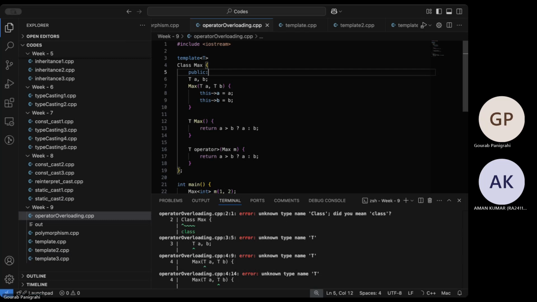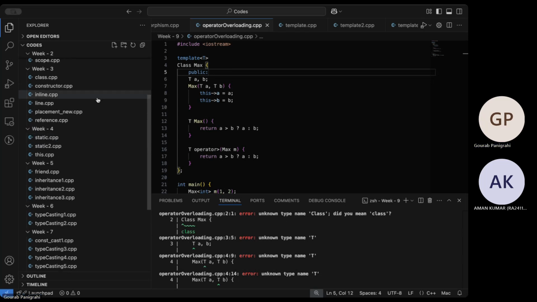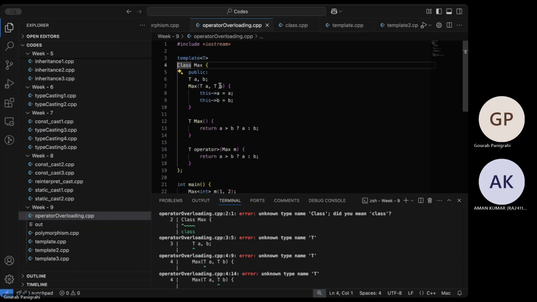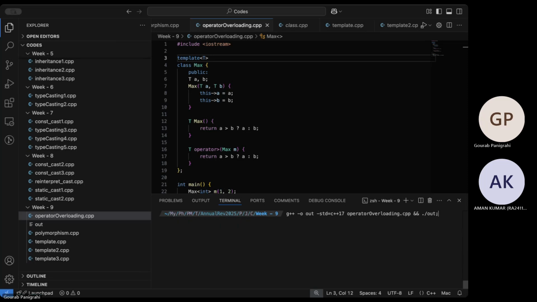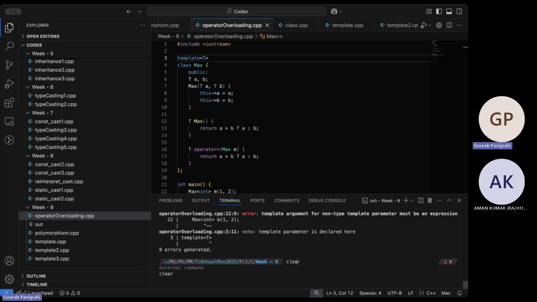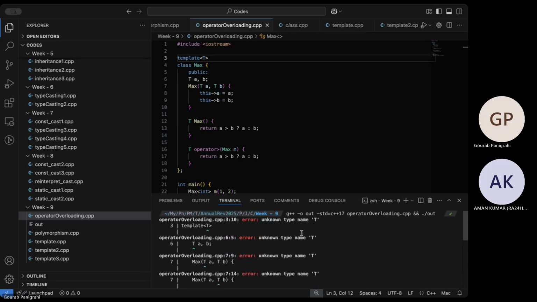That's one. Then these are not syntax errors. This one should be a class. Yes, it needs a type name.